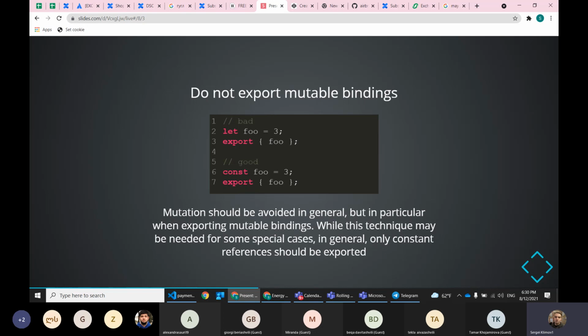Another good practice is don't export mutable bindings. Mutation should be avoided in general, but in particular when exporting